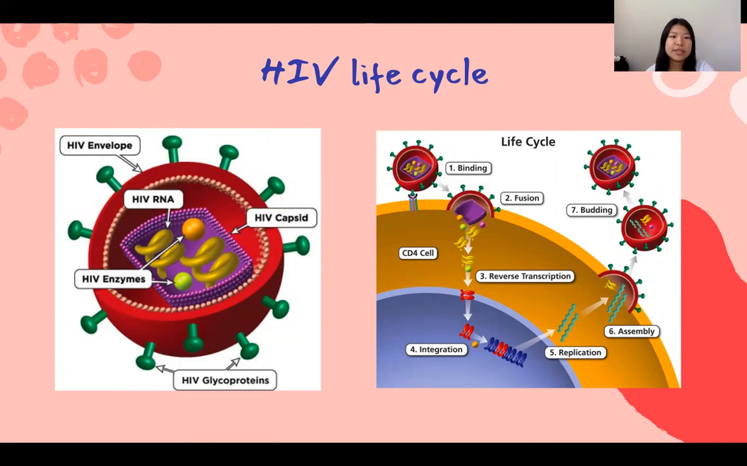Third step, reverse transcription. HIV releases and uses reverse transcriptase to convert the HIV RNA into DNA, which allows HIV to enter the CD4 nucleus. Fourth step is integration. Inside the CD4 nucleus, HIV releases its enzyme and puts its DNA into the infected CD4 cells. From the picture of the fourth step, it will be